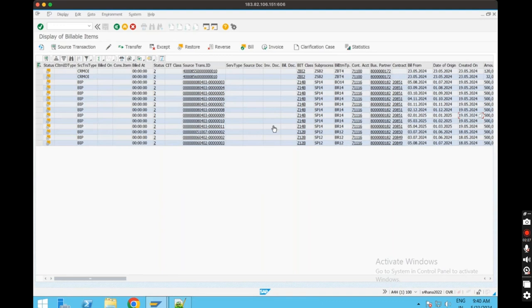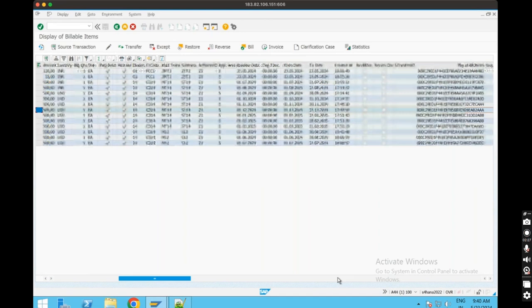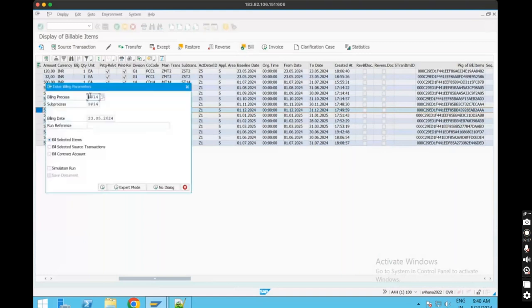Okay, let's do the billing once. Okay, this is our data, right? G14B, SP14, BR14, and let's look at the transaction CD14. Okay, let's do the billing on this one. BP14 and SP14, and let's look at the